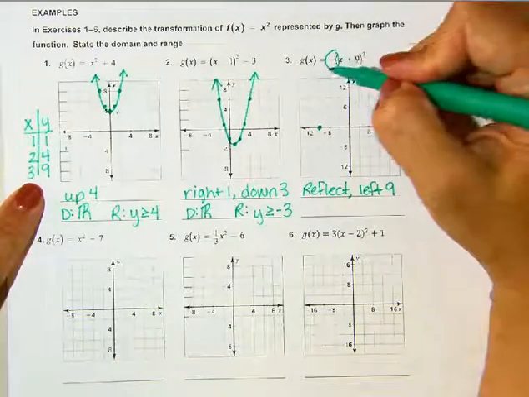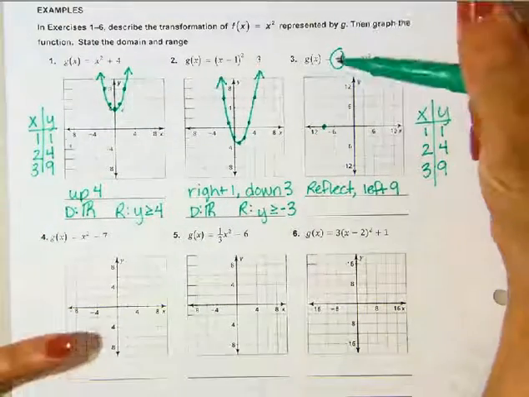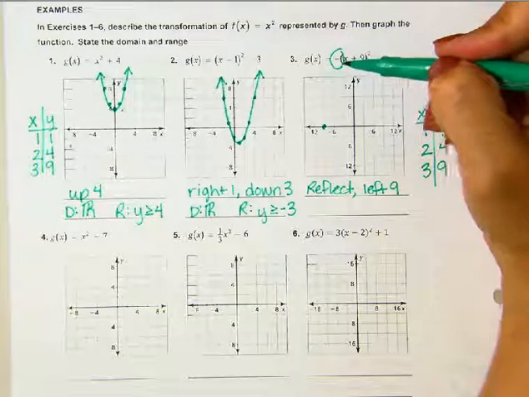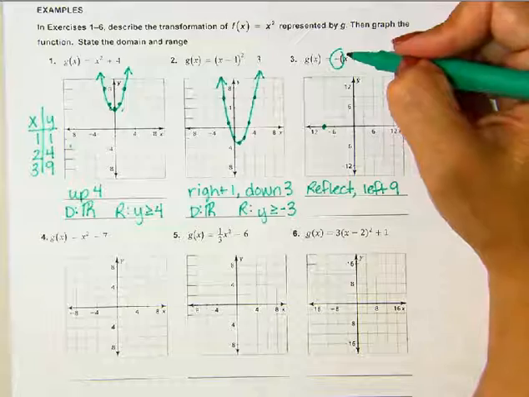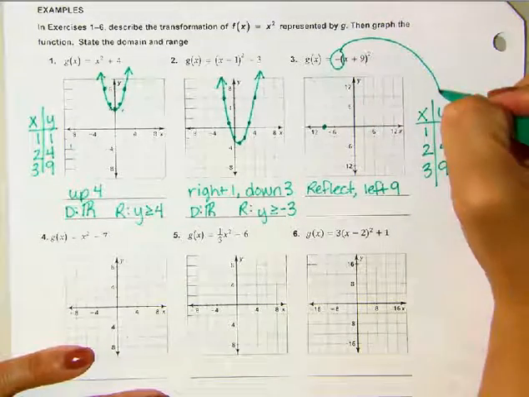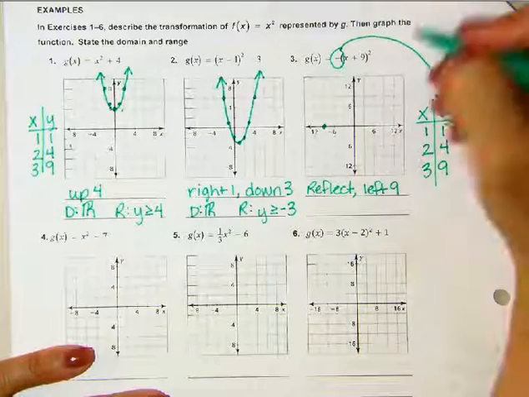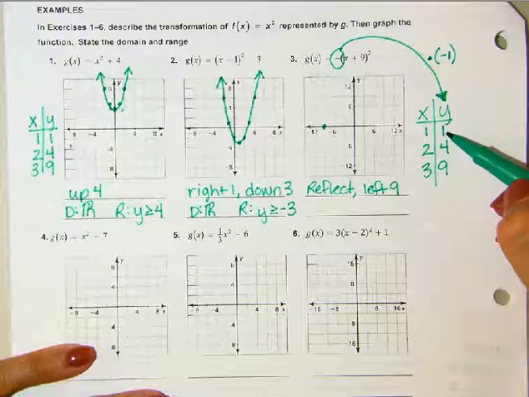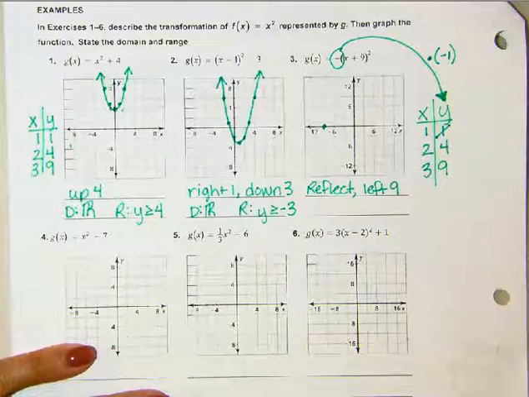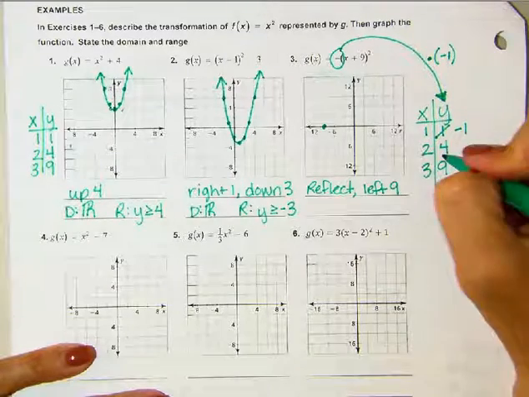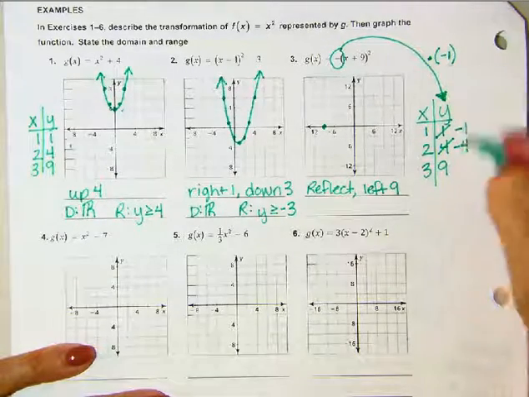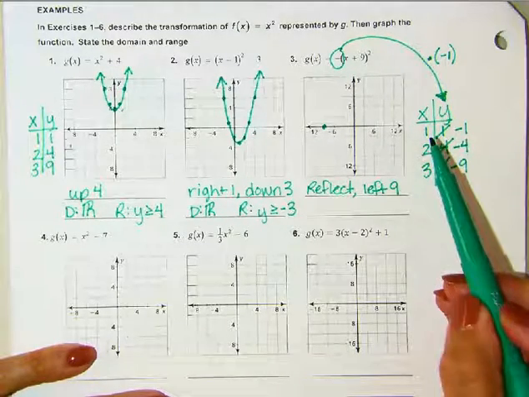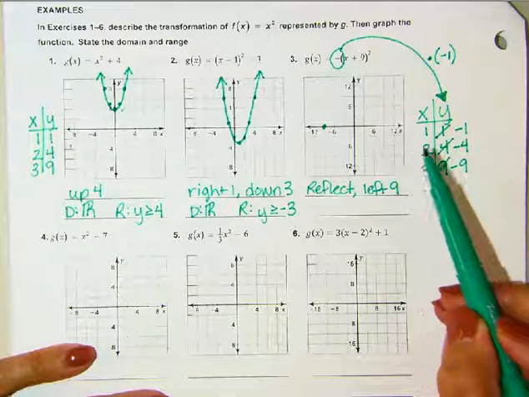So that way I plot it correctly from this start point. Now, if this was just a number, it'd be the same as it is now. We know it reflected, but now I want you to think of this as a number. This is negative 1, right? So we're going to take that negative 1 and multiply all of these y values. So if I multiply 1 times negative 1, I get negative 1. 4 times negative 1, I get negative 4. 9 times negative 1, I get negative 9. So my points changed. Instead of 1, 1, I'm actually going to plot 1, negative 1, and 2, negative 4,